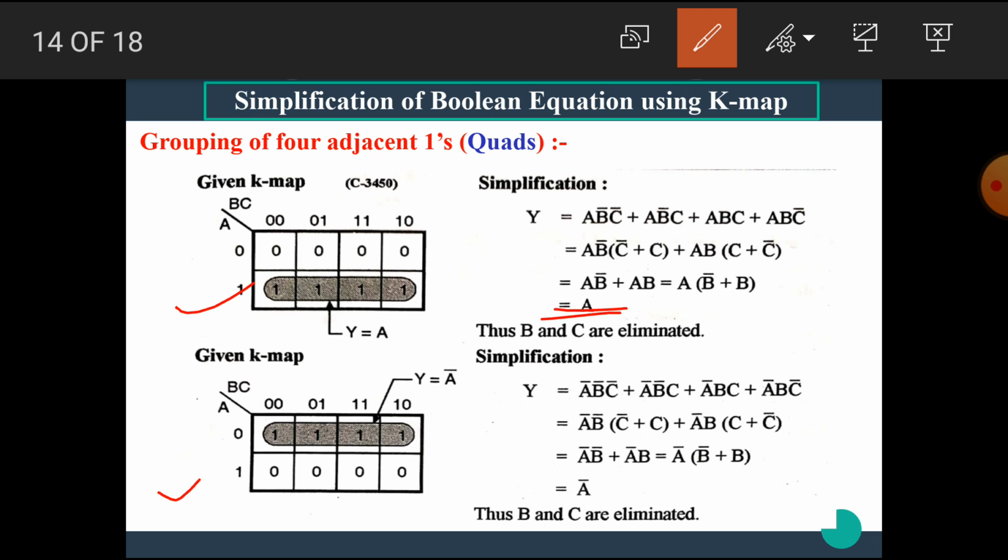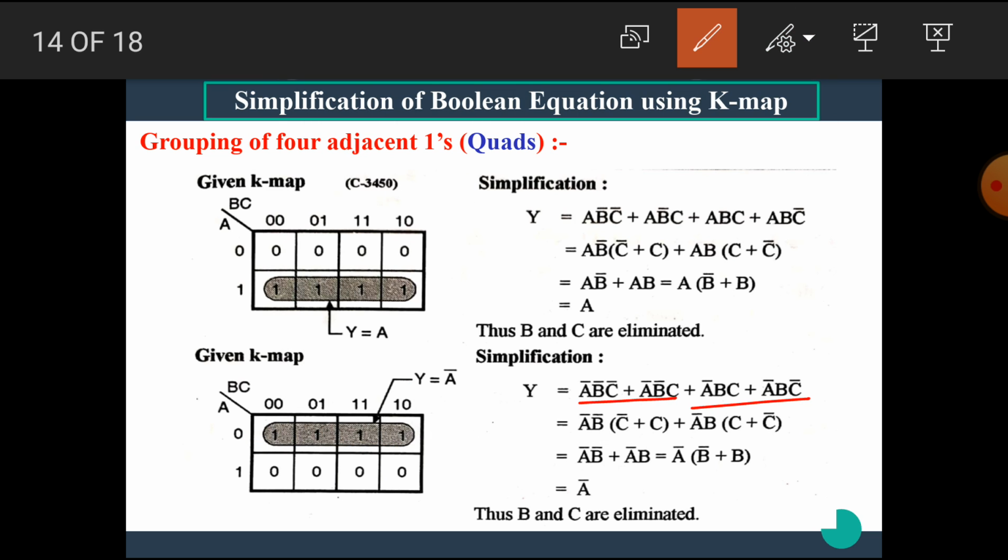In this Kmap there are four adjacent ones, hence we make the quad of it. Okay, for simplification, find the min terms associated with these ones. We get here a bar b bar c bar. For this one we get here a bar b bar c. For this one we get here a bar bc. For this one we get the min term a bar b c bar. Okay, then